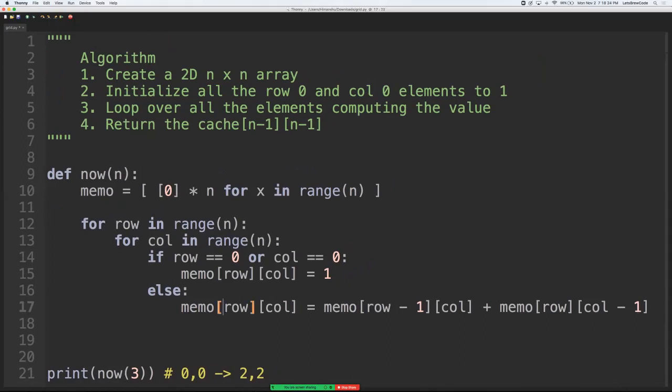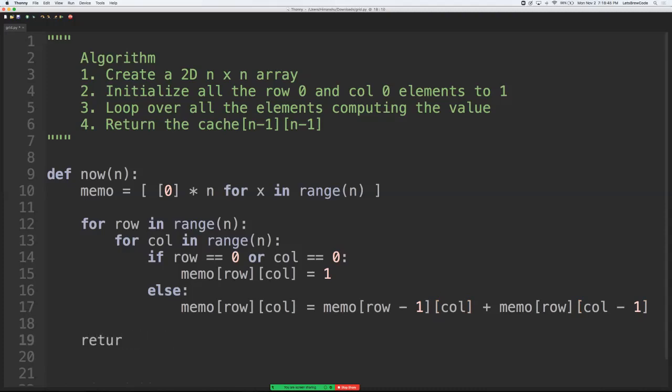So once again, if it's the first row or first column, then the value is supposed to be 1. If that's not the case, then the value would be the row minus 1 column index plus the row and column minus 1 index. And once this whole thing is computed, you come out of the loop, and then you just return memo